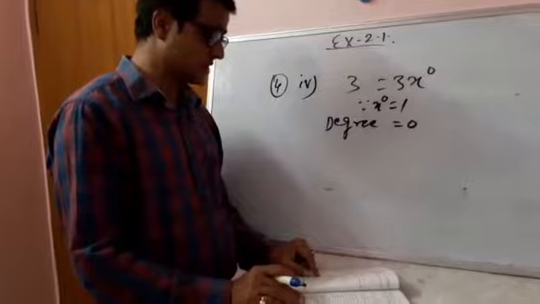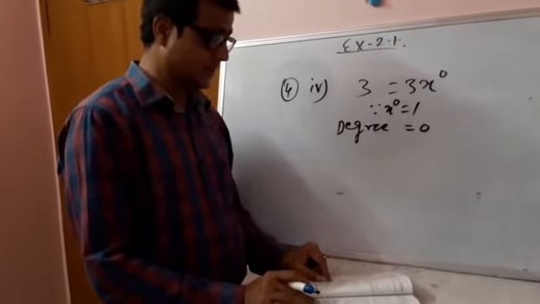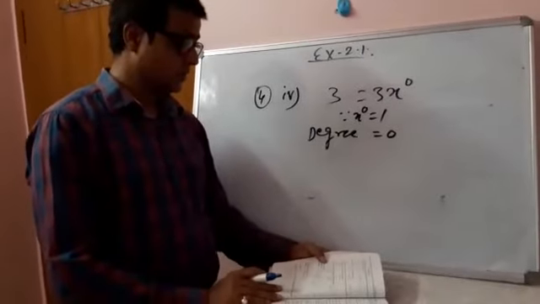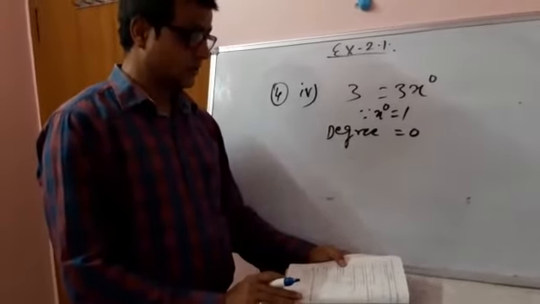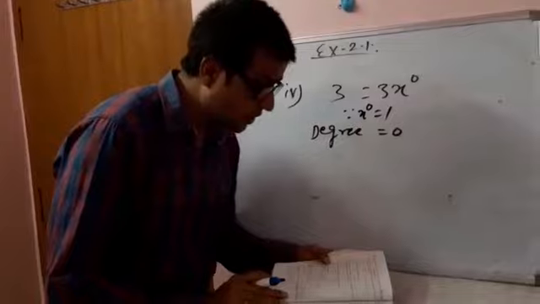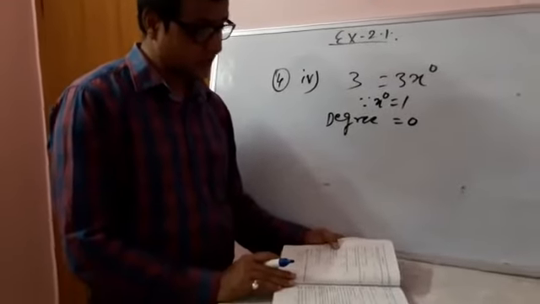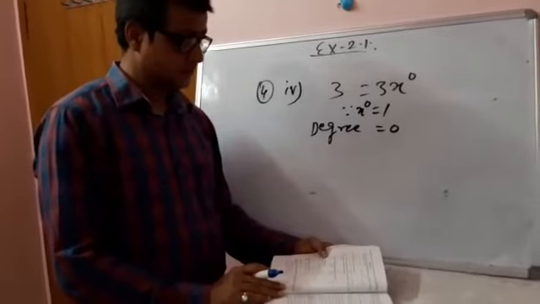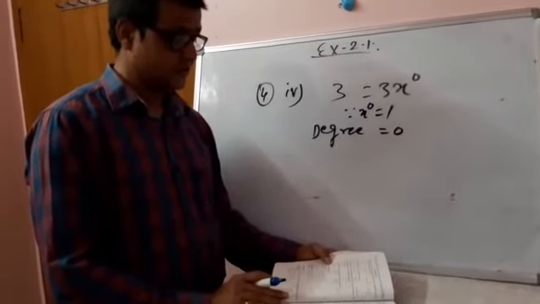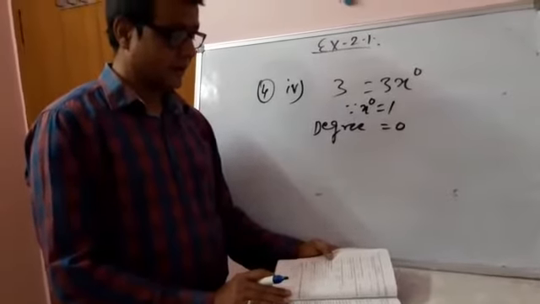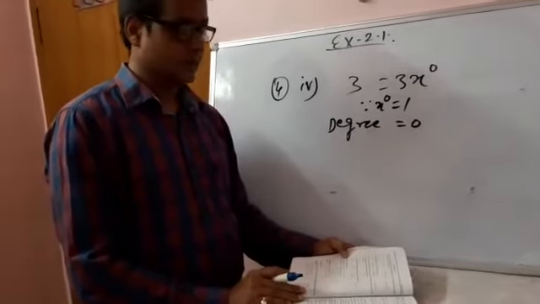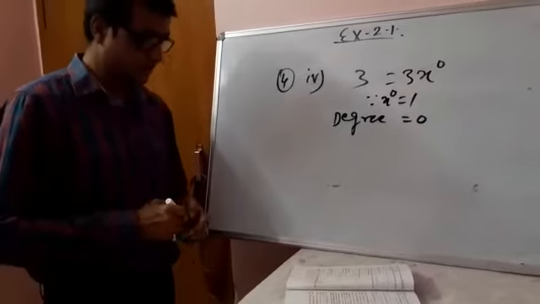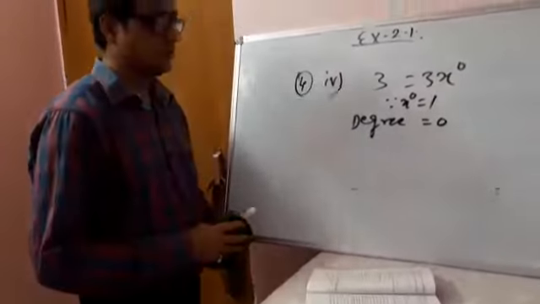Last question for this exercise: classify the following as linear, quadratic and cubic polynomials. First part, it is quadratic. Second part, cubic. Third part, quadratic. Fourth, linear. Fifth, linear. Sixth, quadratic. And seventh, cubic. So this is all about exercise 2.1, and the first concept has been delivered. Now we'll deal with the